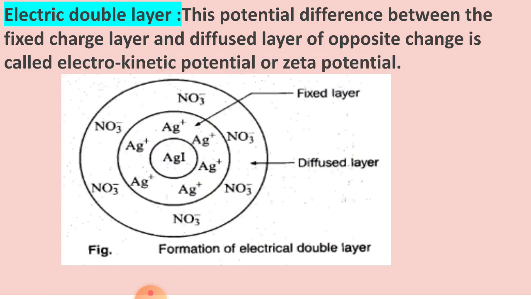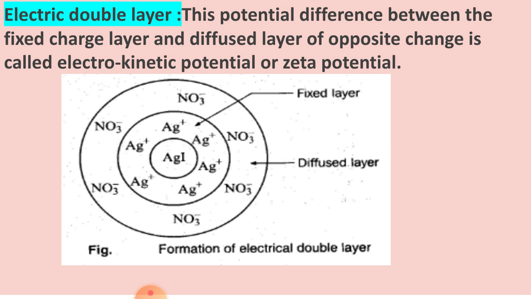So now look at the diagram. Here AgI is the colloidal particle. It develops positive charge of Ag plus from the medium, which is present in excess. Now these positively charged Ag plus ions attract counter ions from the medium, that is NO3 minus. So look at the diagram. Here two layers are formed. One layer, directly attached to the AgI, that is Ag plus, is the fixed layer, and the second layer, which counterbalances the Ag plus charge, is the diffuse layer. So the formation of these two layers is known as the electrical double layer, or also the Helmholtz electrical double layer.